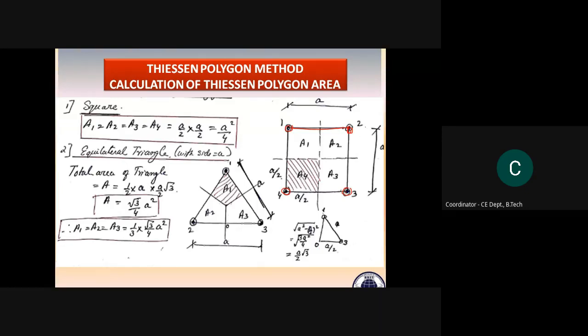These are the 4 rain gauge stations, and they will give you the precipitation values at each rain gauge station. And they will say that suppose this is a square, and the distance between each rain gauge station is A. They will give you only these values, P1 and A. Then they will ask you to find the mean precipitation over the area using the Thiessen polygon. Then how will we do it? We don't have any planimeter, so at that time we have to use our mathematics, our school level mathematics. Simple.